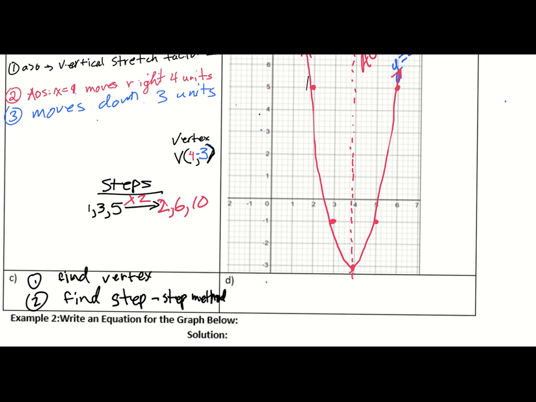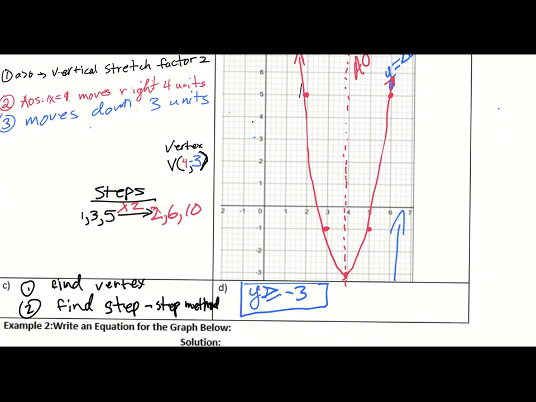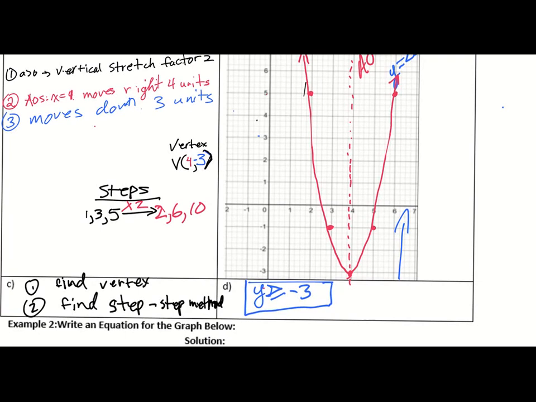The second part, let's see what else it asks. The second part says, what is the max or min? If I look at this graph, I would say my minimum